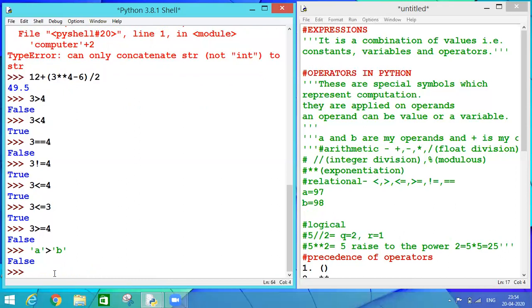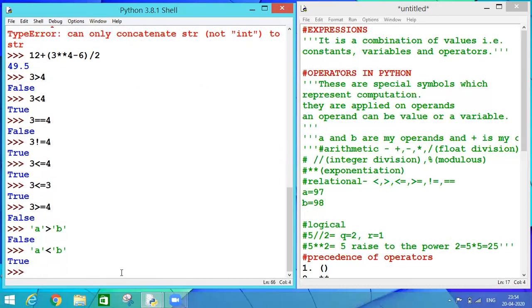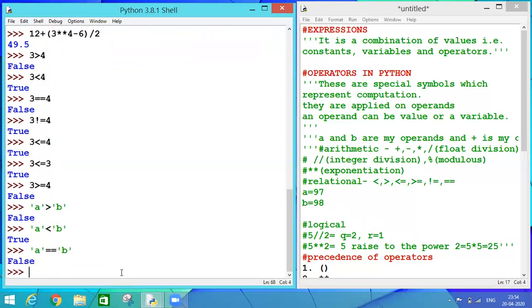If I just change the operator to less, let's check. I'll get the result as true. If I say A is equal to B, I'll get the result as false. If I say A is not equal to B, I'll get the result as true.